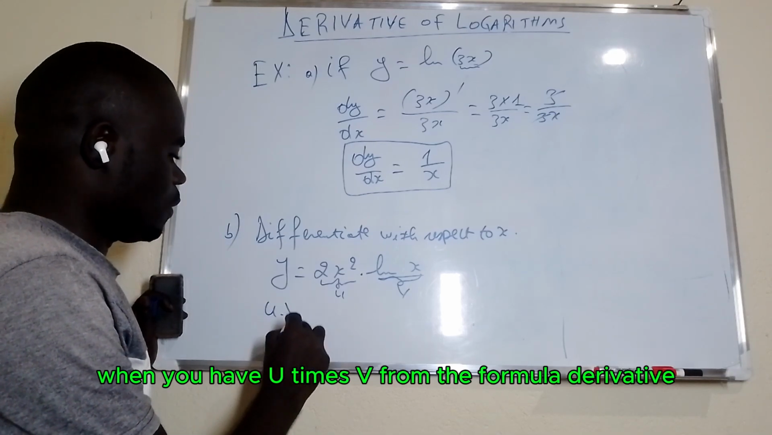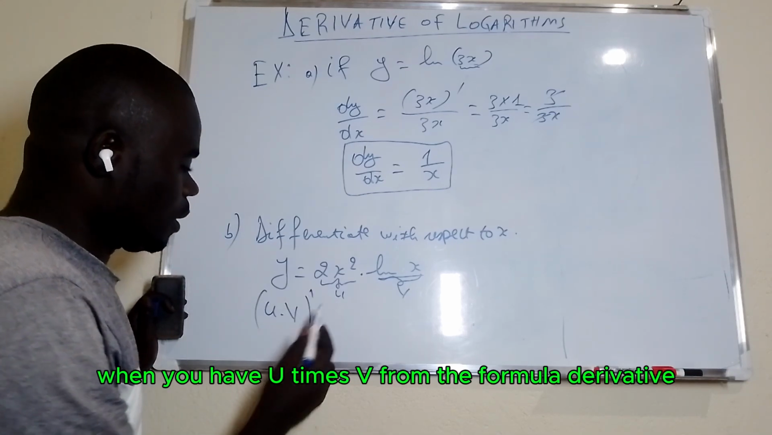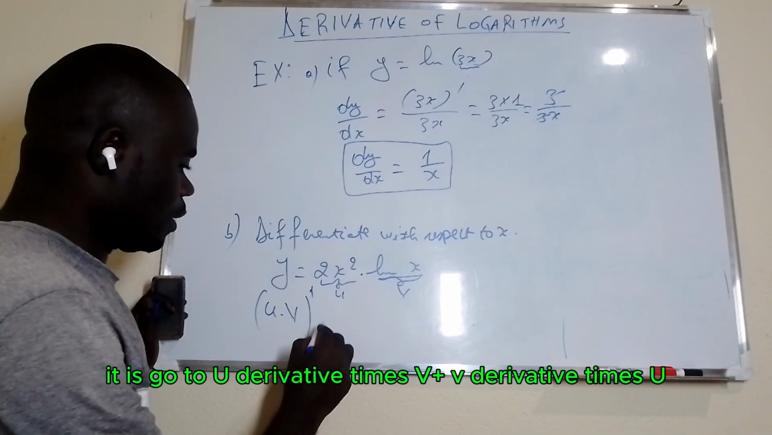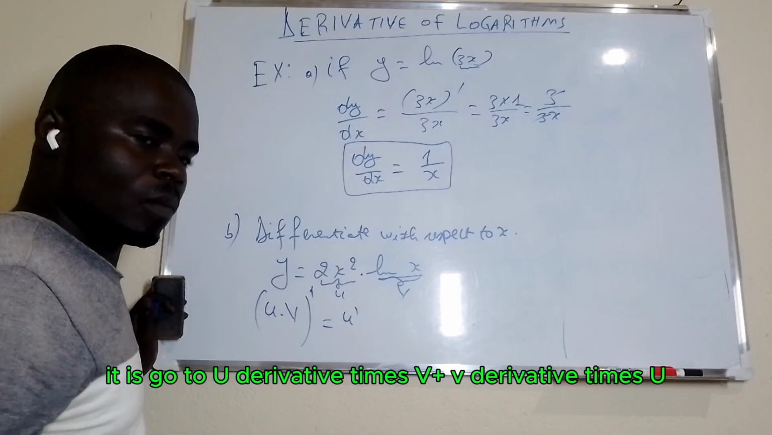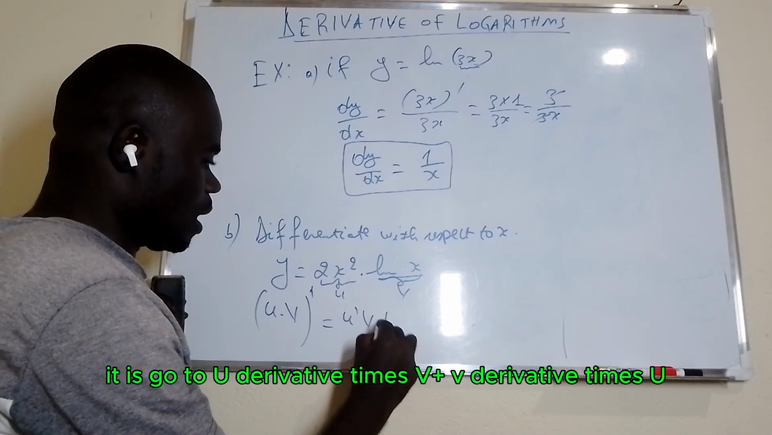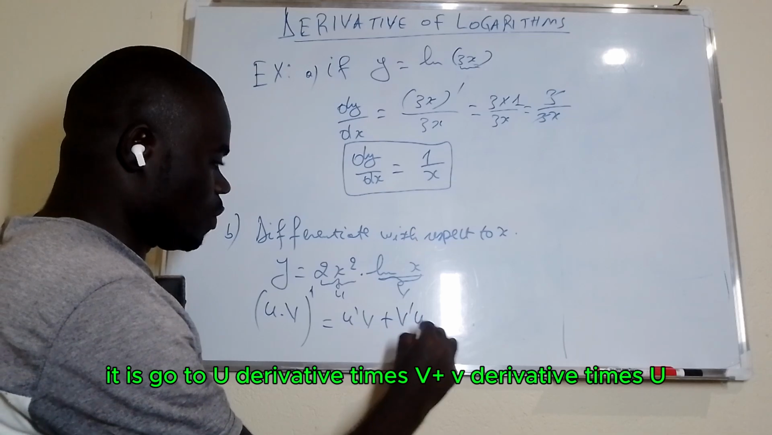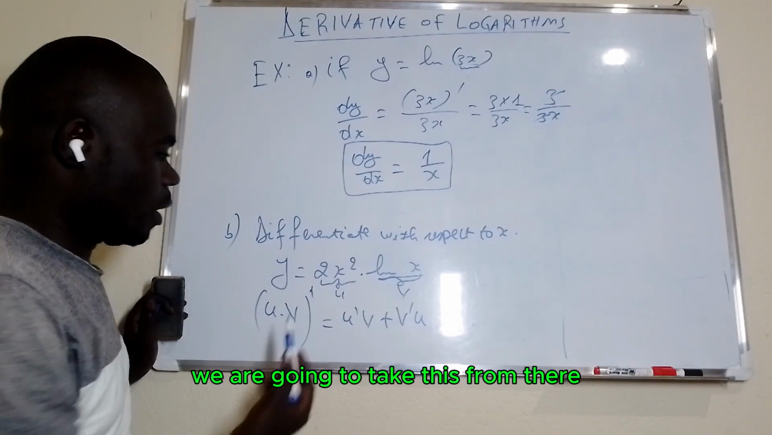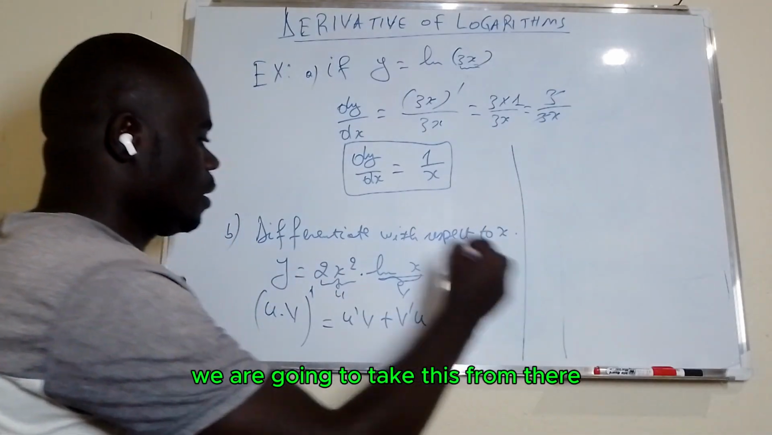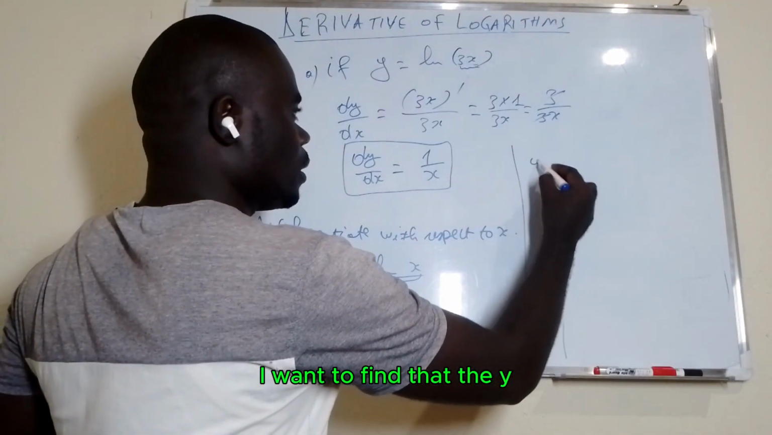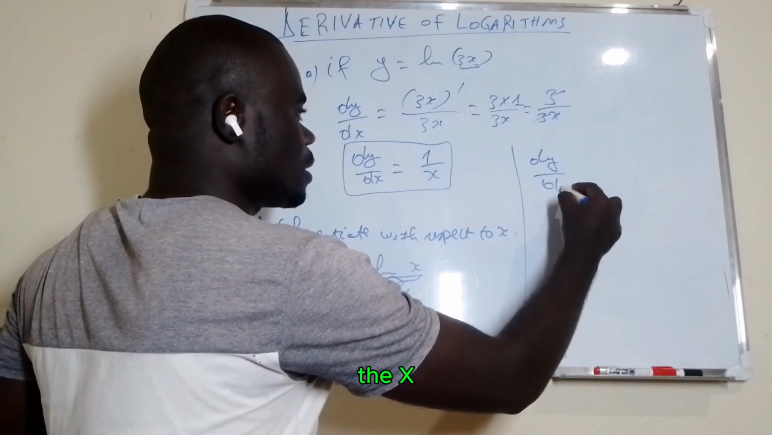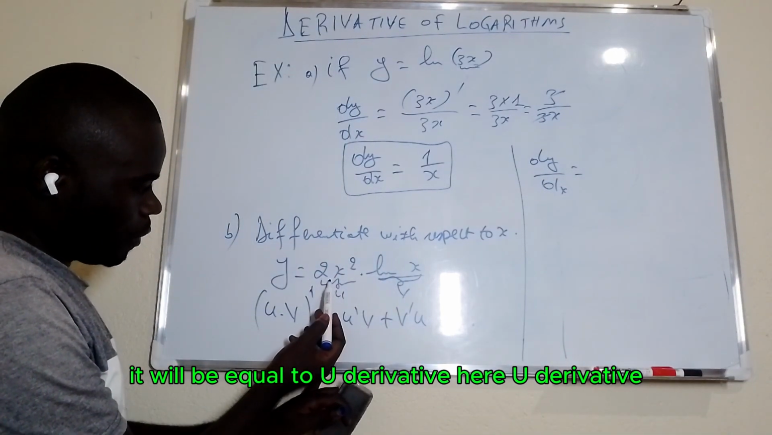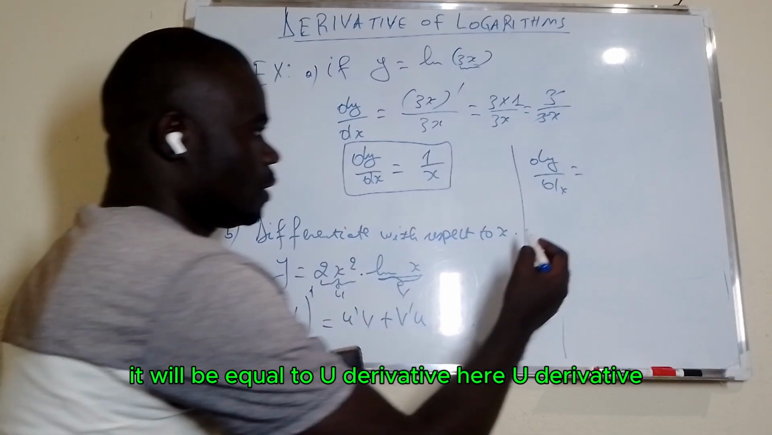When you have u times v, from the formula, the derivative is equal to u derivative times v plus v derivative times u. So that is what we are going to do here. We are going to take this from there. We are going to find that dy dx will be equal to u derivative here,